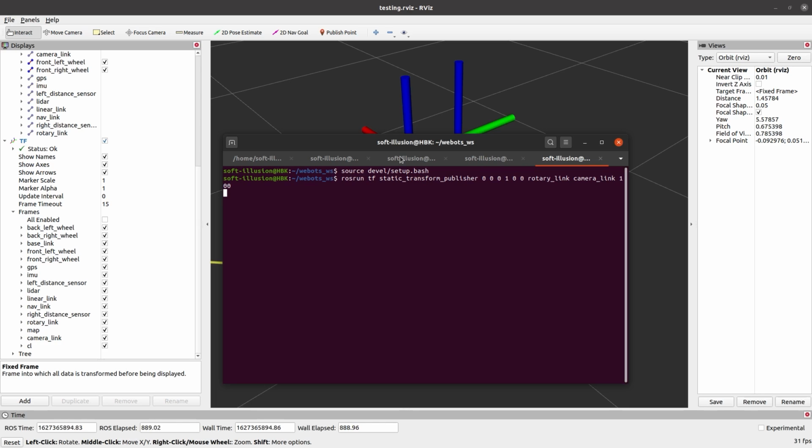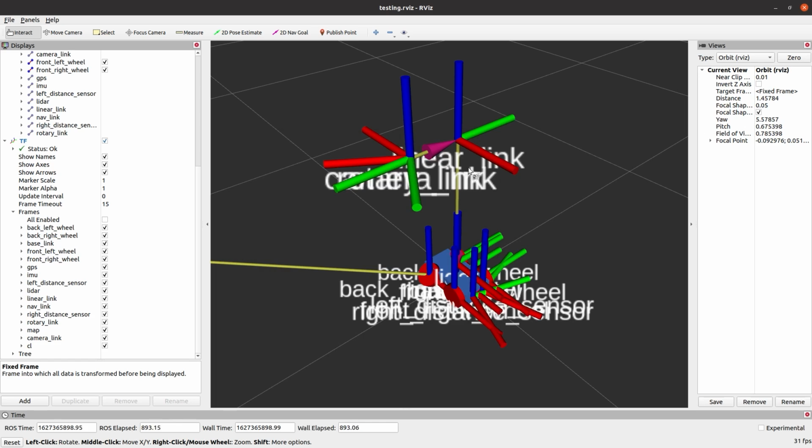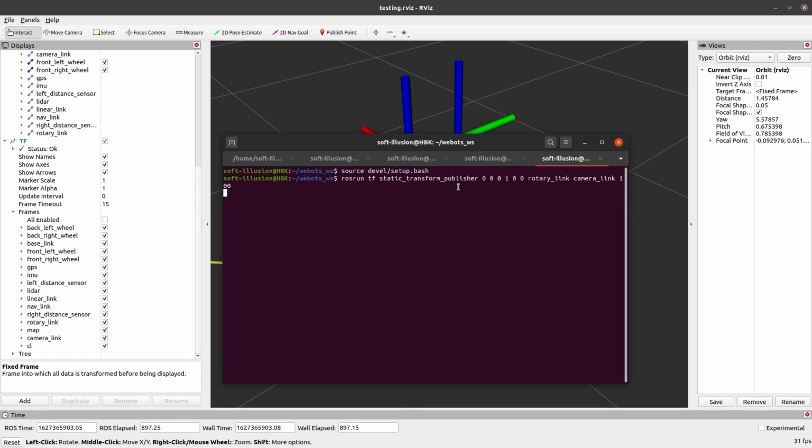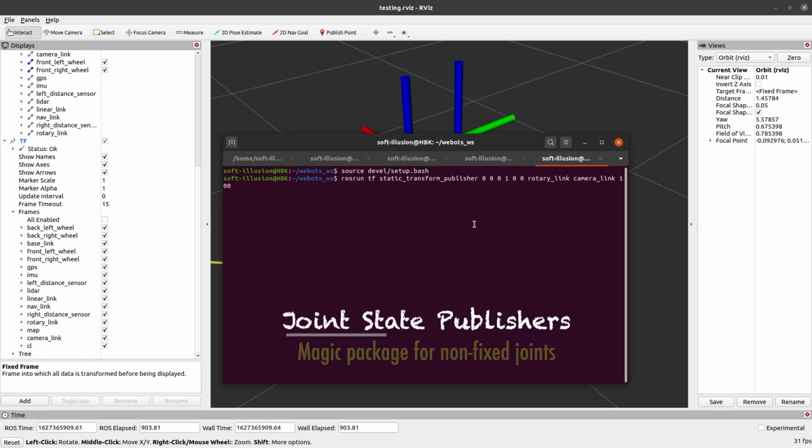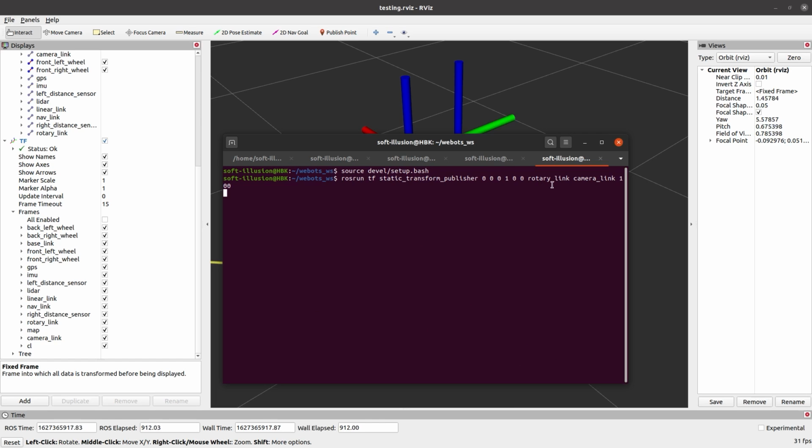In the next video, you will see that we will enable the different linear and the rotary position sensors so that the transforms that we just published here will get published automatically for all the continuous joints. Joint state publisher should technically handle this for you, which publishes the joint states of the dynamic transforms. However, in an application like ours, we publish this in a much easier fashion using sensor values. This will be shown in the next video.